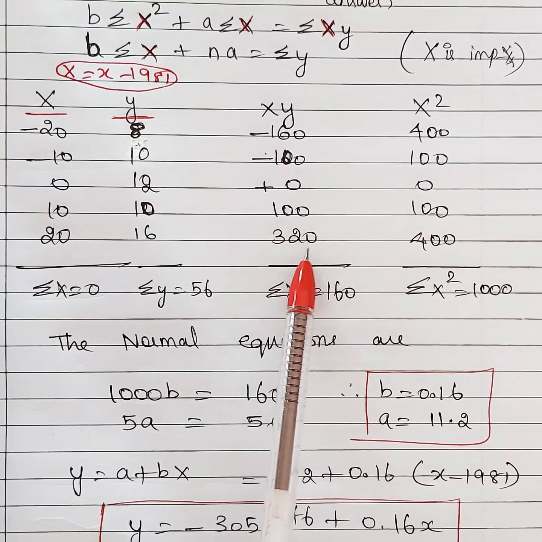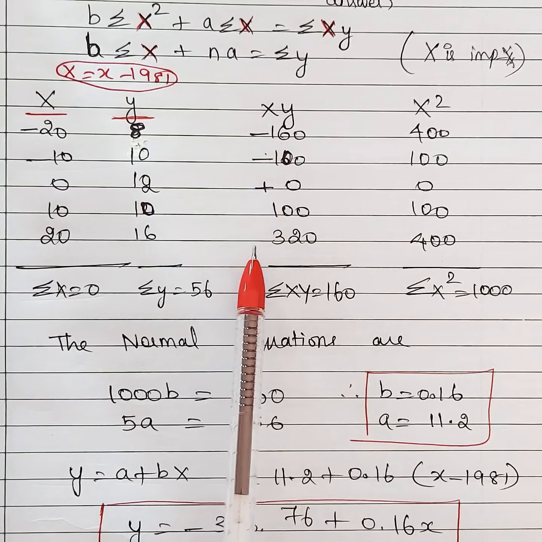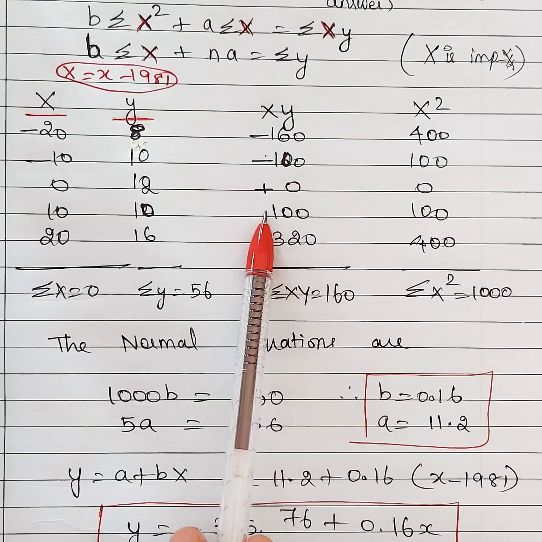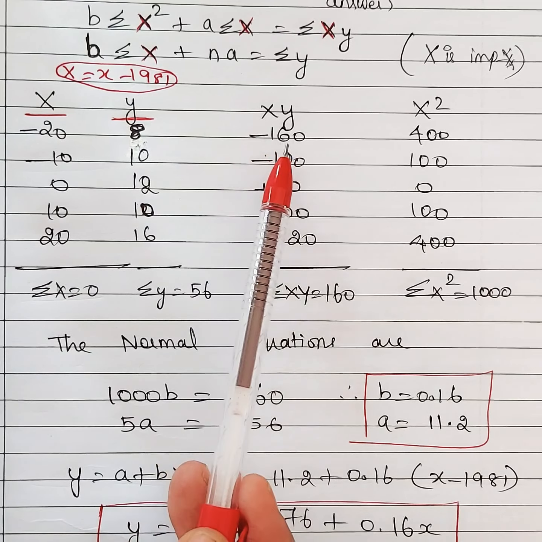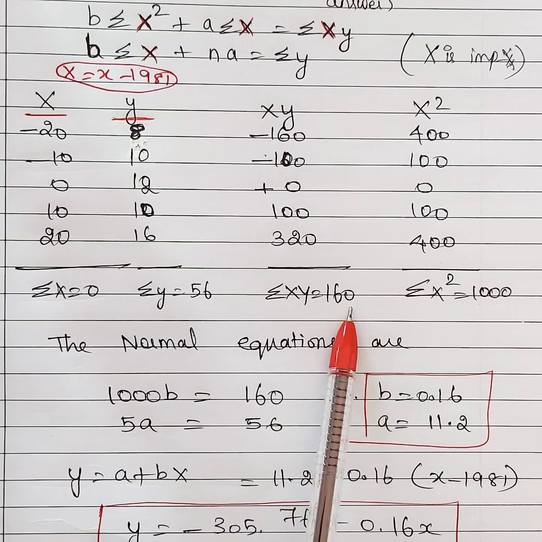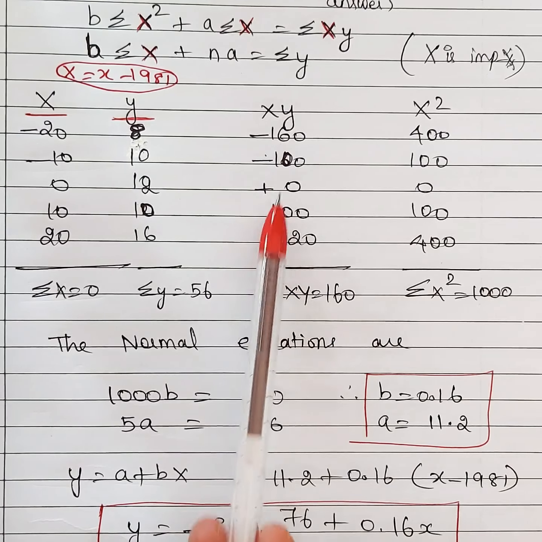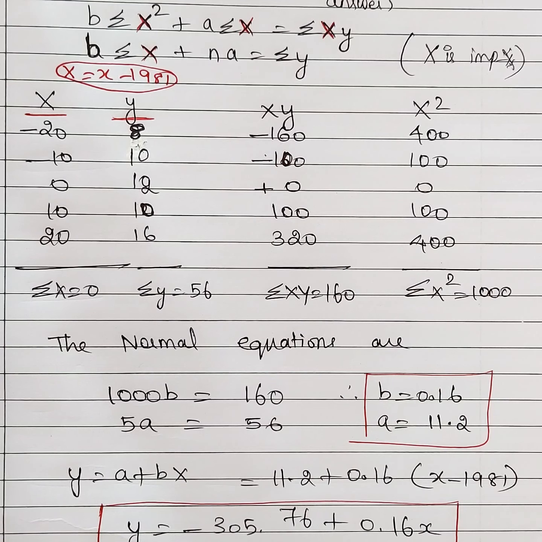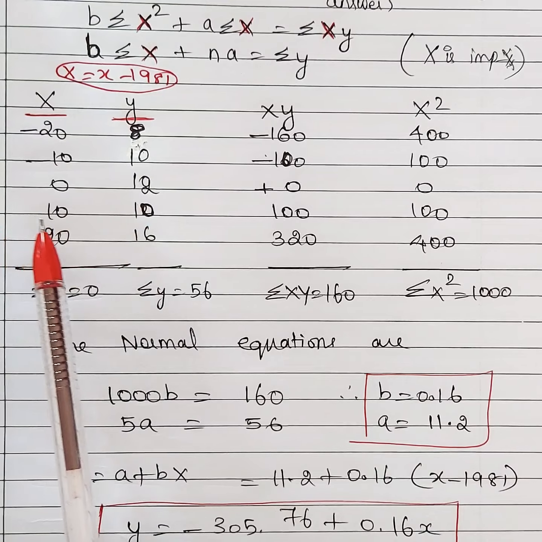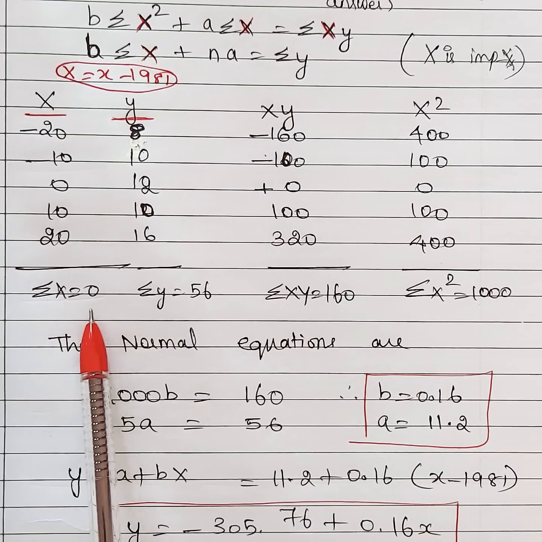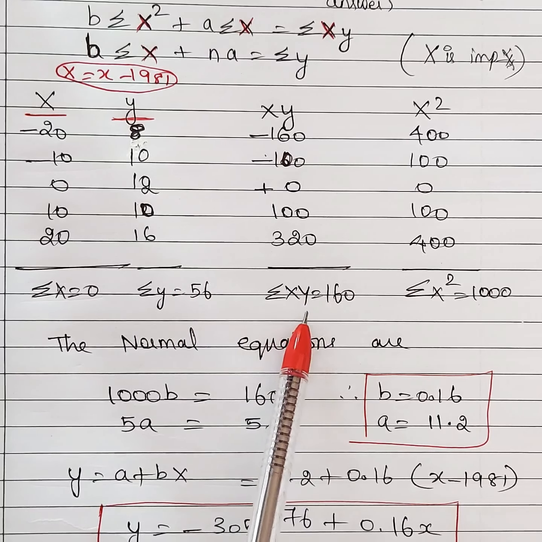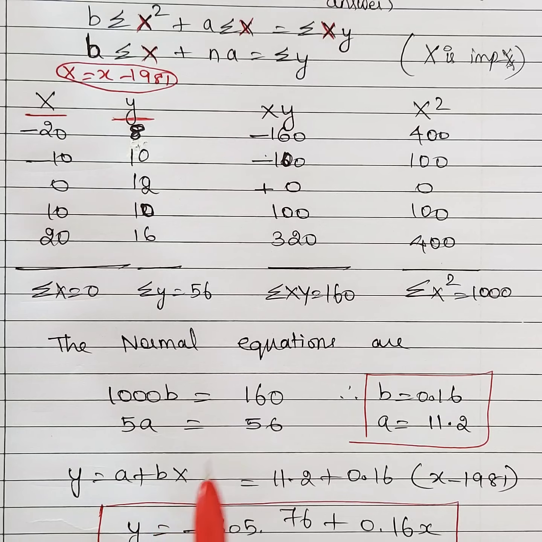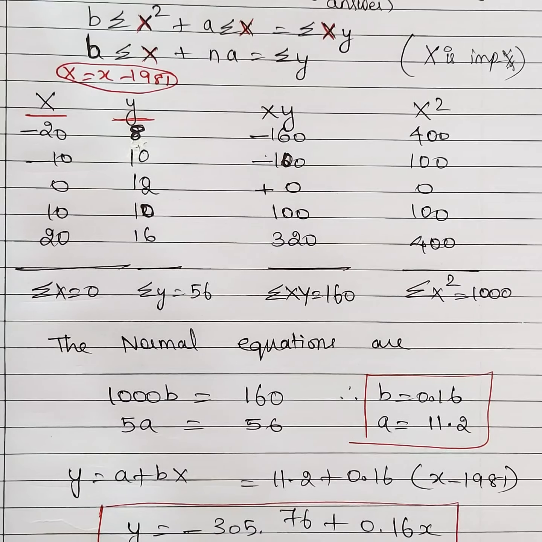Again, please don't make any silly mistake whenever you have plus and minus signs. So first you add these two, 320 plus 100, then subtract that answer from 100, again that answer by 160, then you will get the desired result. So add all the plus values, then start subtracting by using the calculator. So now we have got all the values. As I told you, because of the simplification, see x values, summation x is 0, summation y is 56. Otherwise these values will be too huge. If you write the year 1961 as it is, if you want you can write and calculate. That's completely up to you.